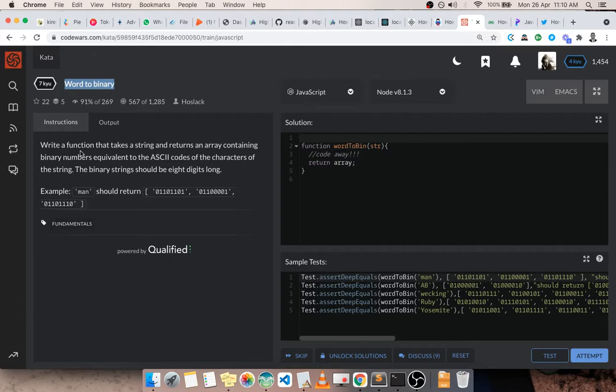Now let's read rapidly. The exercise: write a function that takes a string and returns an array containing the binary number equivalents. For example, we have man, and we should return something like this. Now man is a 3-letter word, and this is M in binary, this is A in binary, and this is